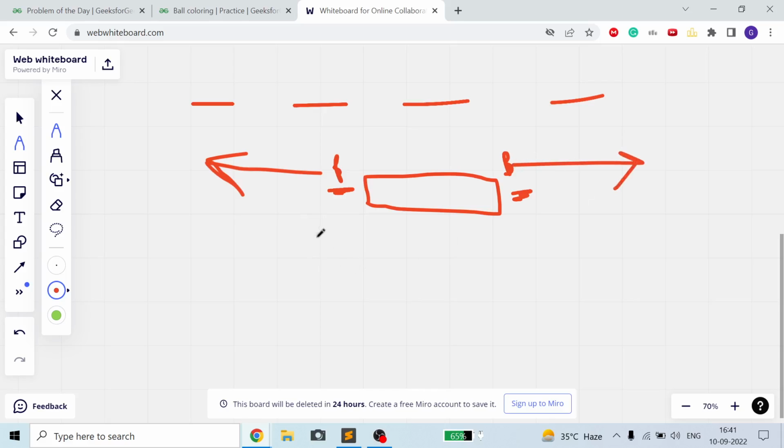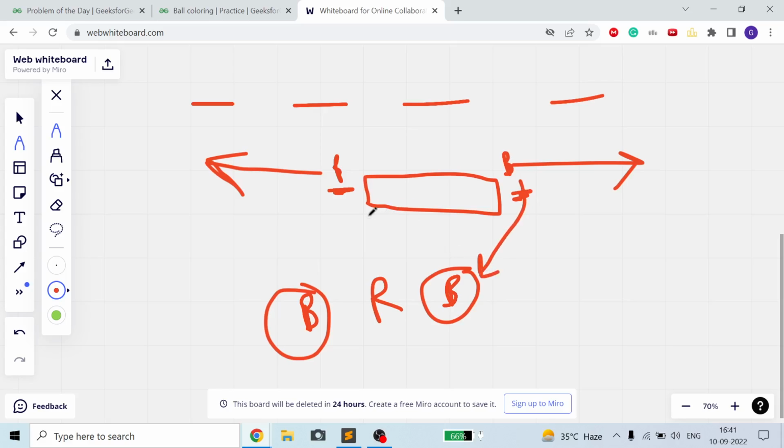This means my permutation of balls will look like some blue balls group, then a red ball group, then again a blue ball group. This is a complete group of blue balls, a complete group of red balls, a complete group of blue balls. So I can say I have one position where these two are different colors. So we have at most two positions.